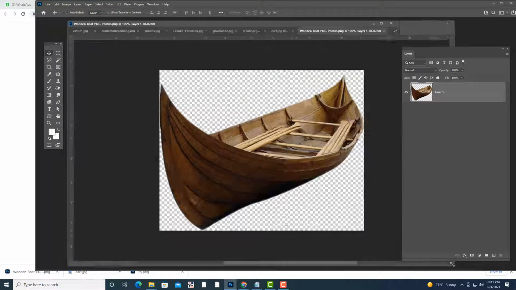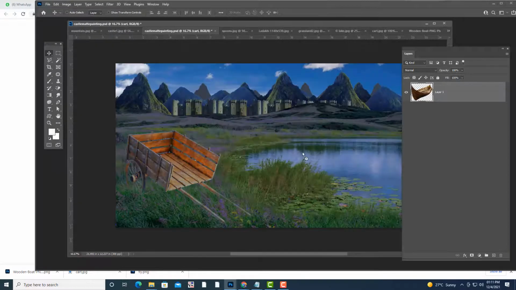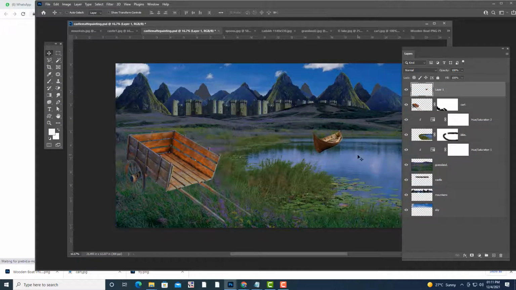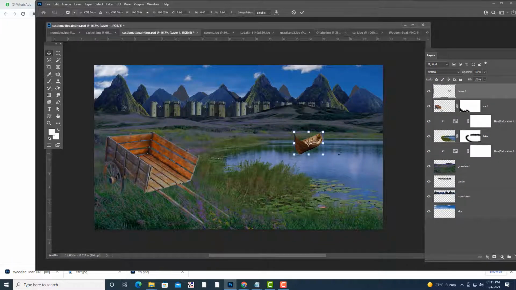Okay, so directly this is a PNG, so you don't have to do any background removing. Okay, so simply drag and keep it in. So try to adjust it properly. So it should be small, right? It should be a little bit small because it is here.